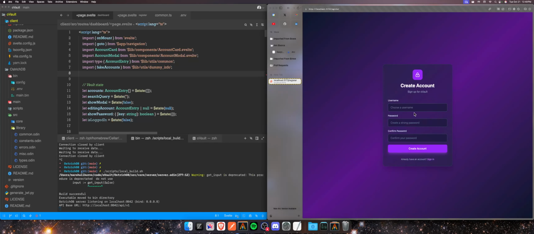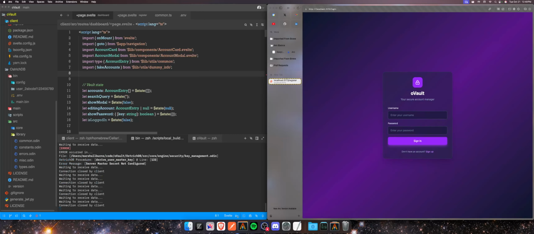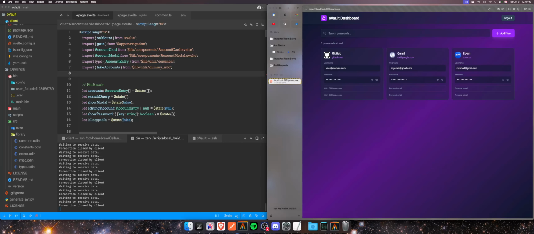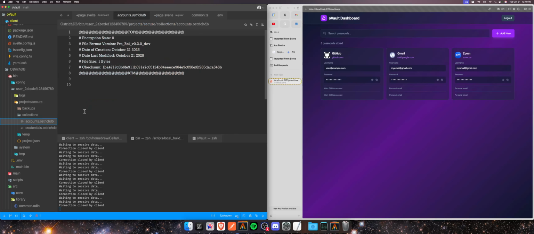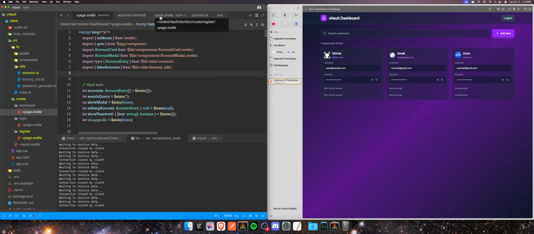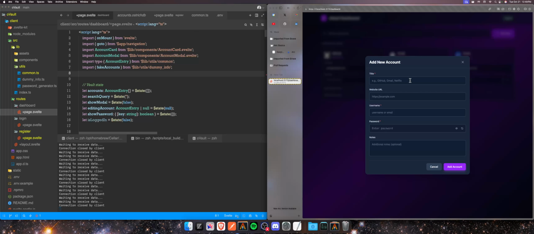Now sign up again. So we're going to do Marshall, password. Okay, good to go. Let's do Marshall, password. Good. Now we should have that collection: projects, secure, collections, accounts. All right. So now when the user chooses to add a new one on submit, so long as everything is good, it will create